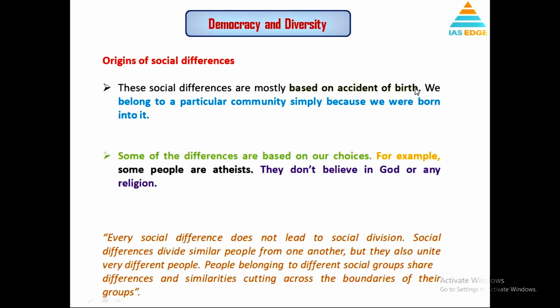Now what is the origin of these social differences that we have? You are born in your family, that is luck. You could have been born in a poor family, or you could have been born in a very rich family. Probably then you won't have to worry about day to day life and preparing for UPSC. Birth is purely accidental, it's by birth. And many times when you're born, you also belong to a certain social group, a certain social community, and that is how there are certain things that you can do and certain things you cannot do. Many times you are born in a religious family, many times you are born in an atheist